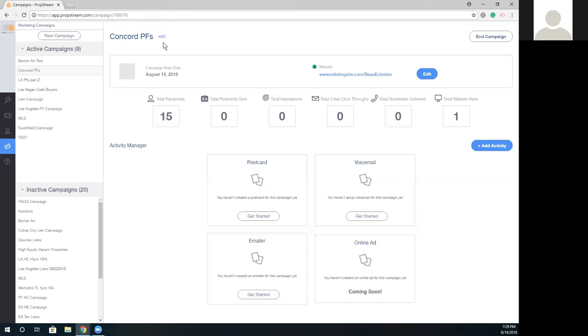Is it like 10 cents a voicemail or something like that? That is correct. It's 10 cents per successful voicemail. So just because we captured their phone number, we can't guarantee that their voicemail is set up or that their voicemail box is not full. So in the event that we come across a voicemail that's full or not set up, we don't bill you for dialing out. So you don't get billed for that at all. We only charge you for the successful drops.